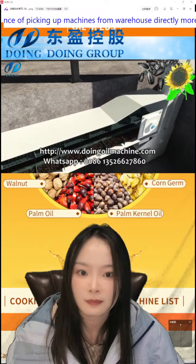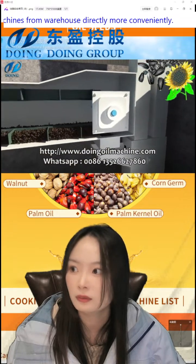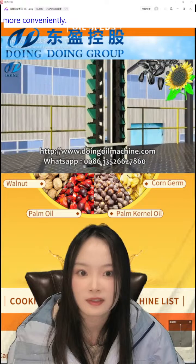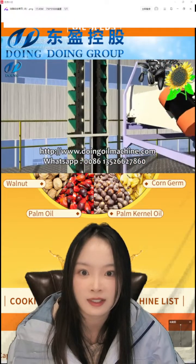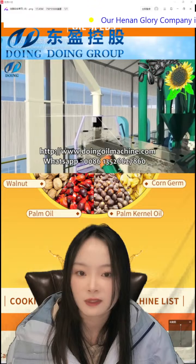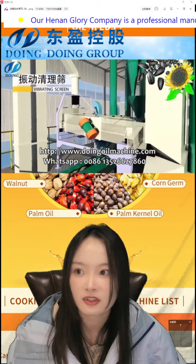This is a bucket. We use a bucket. Firstly, we collect the sunflower seeds and transport them by means of winches and bucket lifters into the first section, the cleaning section. And this is a vibrating screen that removes large impurities such as